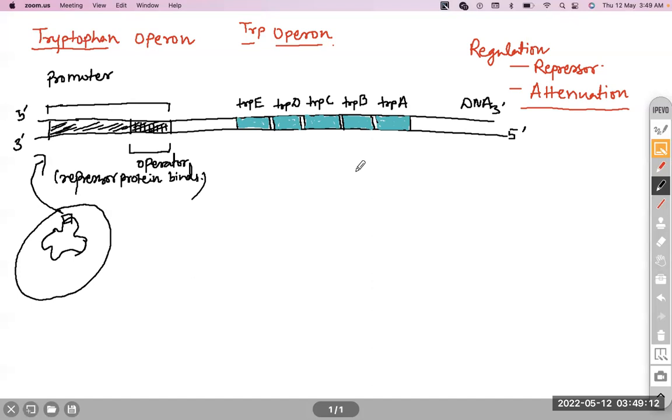यहाँ पर देखिए ट्रिप्टोफैन जब अवेलेबल है तो ओपेरॉन स्विच ऑफ हो रहा है। ओके, ये अपोजिट है। क्यों? क्योंकि ट्रिप्टोफैन का कोई फर्दर कैटाबोलिज्म नहीं होना है। ट्रिप्टोफैन विल जस्ट बी इनकॉर्पोरेटेड इन द प्रोटीन। ओके, ट्रांसलेशन चल रहा होगा, उसमें ट्रिप्टोफैन इनकॉर्पोरेट होगा, वो फिर फर्दर ब्रेकडाउन उसका नहीं होना है। इसलिए ट्रिप्टोफैन जब अवेलेबल है तो ट्रिप्टोफैन बनाने की आवश्यकता नहीं है। इसीलिए ट्रिप्टोफैन ओपेरॉन के जीन स्विच ऑफ रहेंगे। लेकिन जब ट्रिप्टोफैन अवेलेबल नहीं है तब ट्रिप्टोफैन को सिंथेसाइज करने की आवश्यकता है। इसलिए उस कंडीशन में ट्रिप्टोफैन ओपेरॉन के जीन्स स्विच ऑन हो जाएंगे।